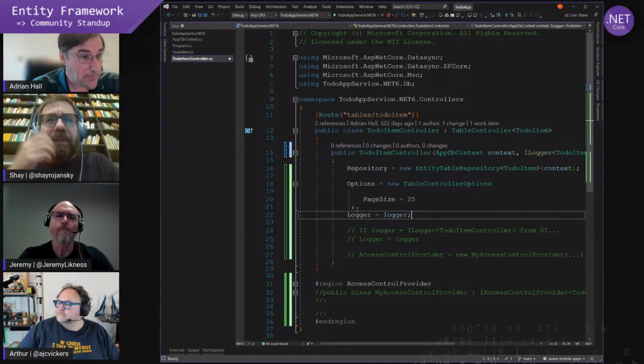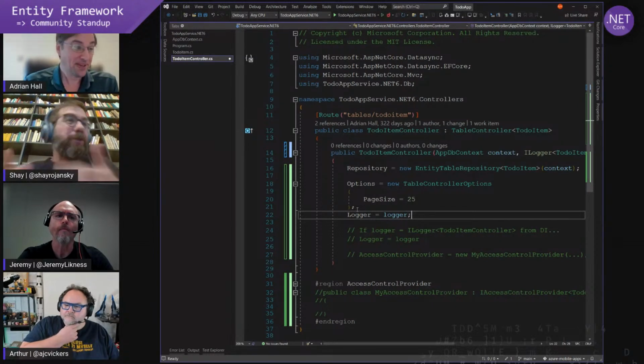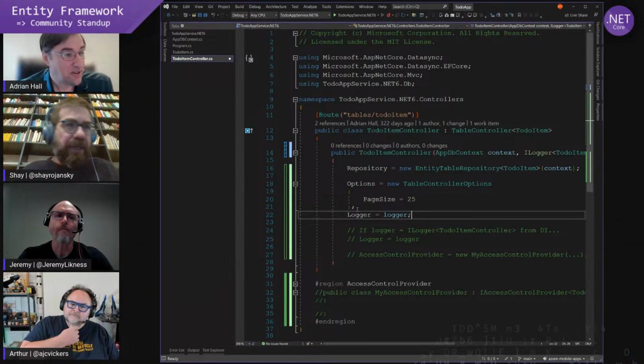So is it correct to say that this is sort of like a higher-level layer over EF Core? Because what I see here, looking at the controller, there are no EF queries, obviously. So that's one of the things that you guys are providing, right? You're simplifying. Basically, I don't have to write all these CRUD things, but it means that I'm effectively in some way not really using EF Core directly here. Correct? Would that be a fair characterization?